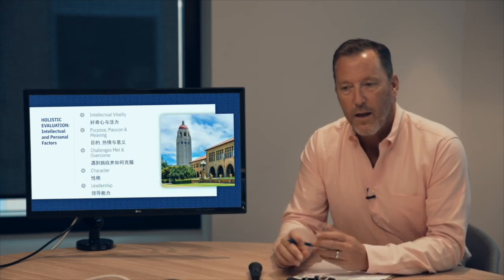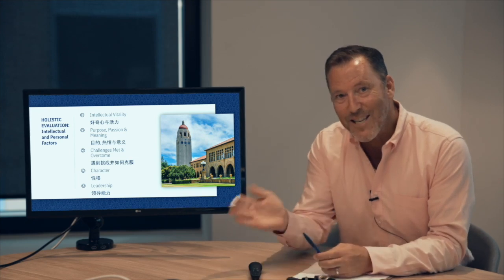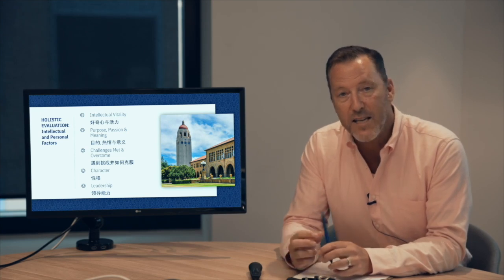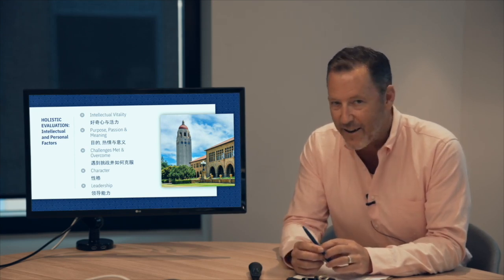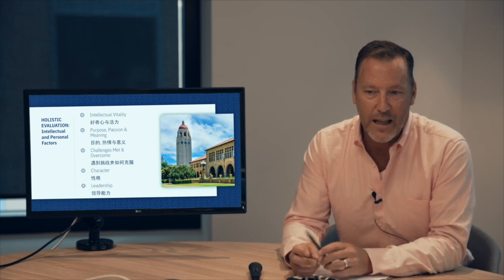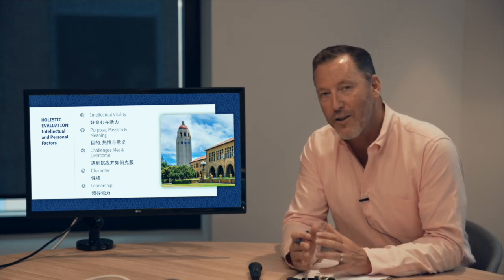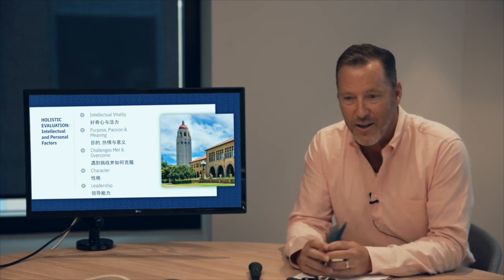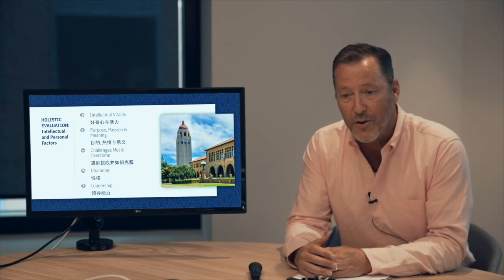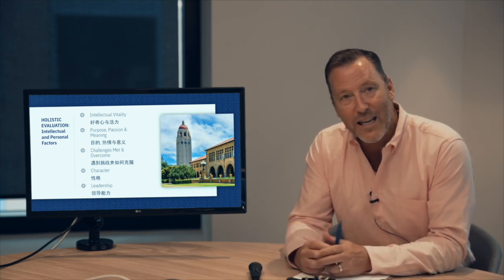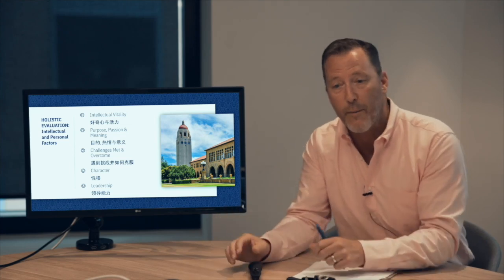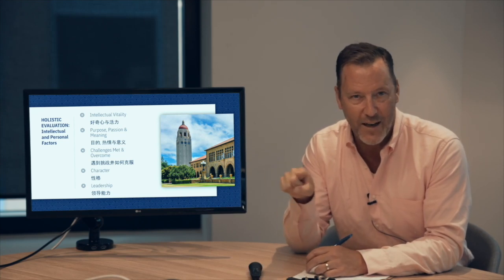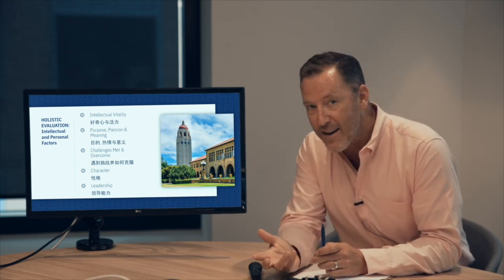When you hear about this second prong, these personal qualities, you're going to hear a lot of terms from universities. At Stanford, we talked a lot about intellectual vitality. At Catholic schools like perhaps Georgetown, Boston College, or Santa Clara, they'll bring up purpose, passion, and meaning, tying in with that Jesuit message. Challenges met and overcome, character, leadership. These are those holistic things that the readers will look for in the application. Now, for the purposes of this presentation, I'm going to focus a lot on that intellectual vitality that Stanford used because I found it fascinating.